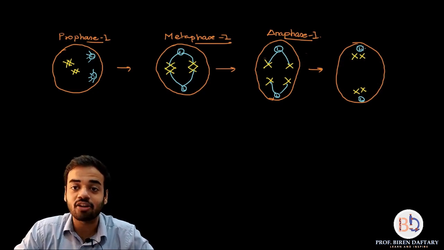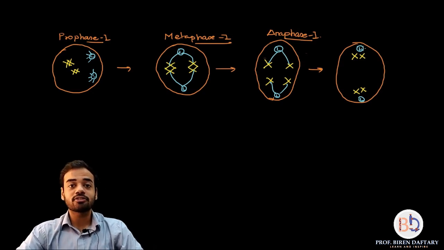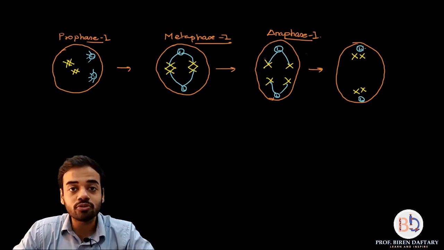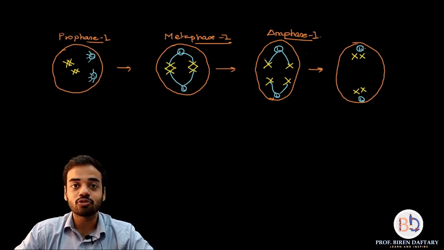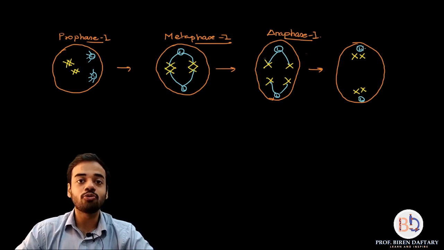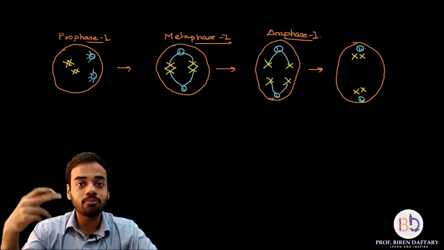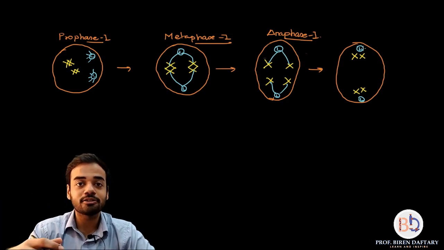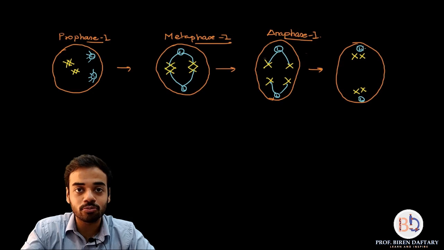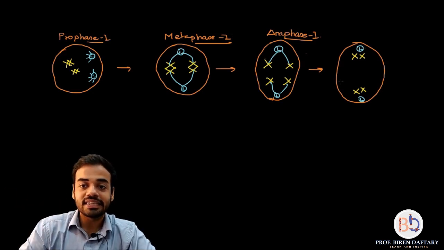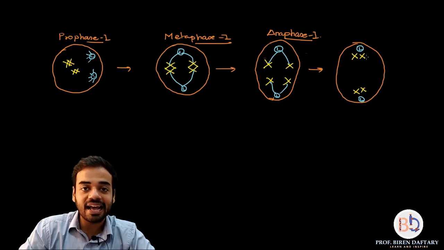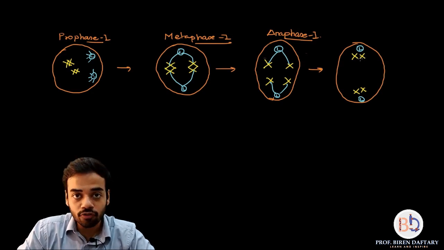They remain as they are. Why? Because after meiosis 1, meiosis 2 is going to start. And in meiosis 2, prophase 2 is going to be the first stage. So in prophase 2, you will have to remove the nuclear membrane, and if chromatin is present, you will have to condense it into chromosome. So to prevent that unnecessary wastage of energy, these chromosomes remain as they are in telophase 1, okay, and